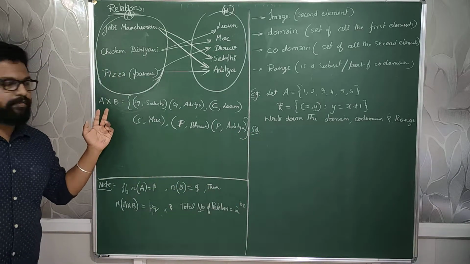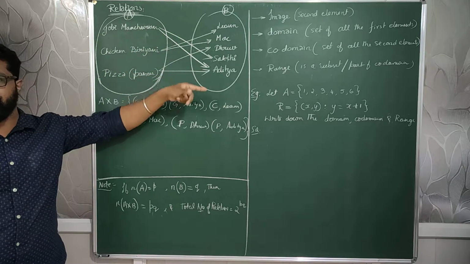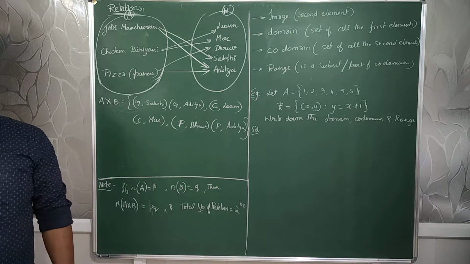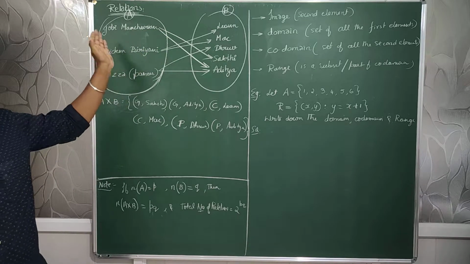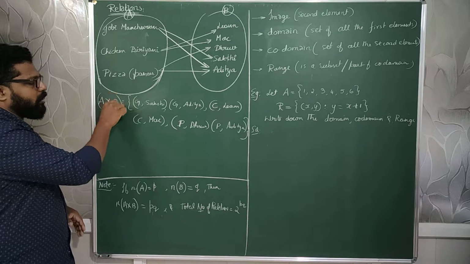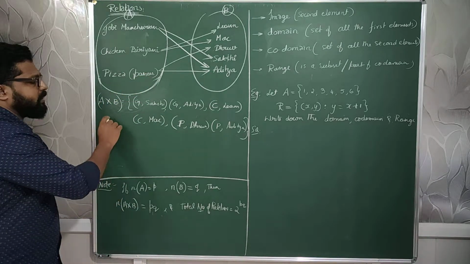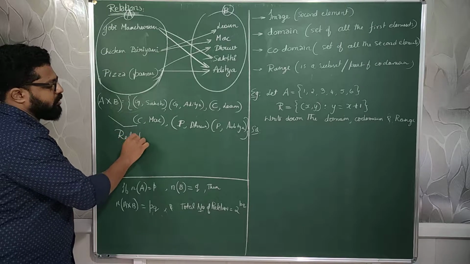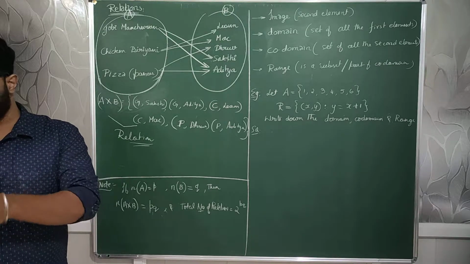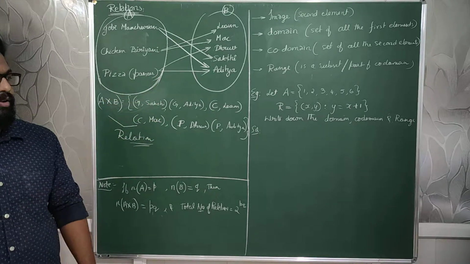This particular set of the Cartesian product which I have related, I have not simply multiplied everything to everyone. I am not giving everybody everything. Aditya, you also eat chicken biryani? That is meaningless, correct or not? That would be simply a Cartesian product. Now this Cartesian product, I have related in a certain way. That is why this can be called a relation, which does not contain all the elements of the Cartesian product, but is related in some specific way given. Clear? So this is the meaning of relation in a simpler way.